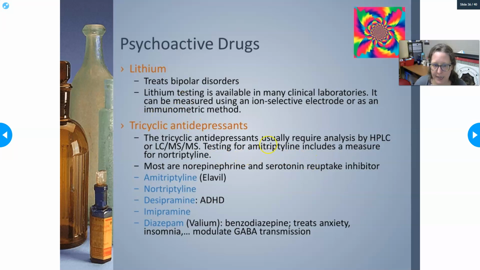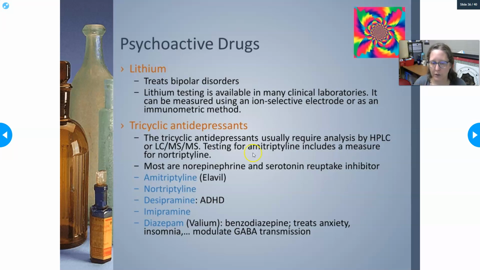Most of the TCAs are going to be either norepinephrine or serotonin reuptake inhibitors, meaning norepinephrine and serotonin are two of your feel-good chemicals, neurotransmitters, or peptides that are floating around in your blood and your brain. And they're normally taken back up into the neurons, and so if they hang around longer, then they can have